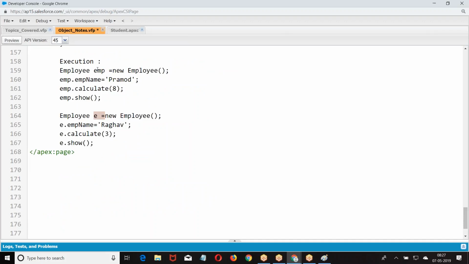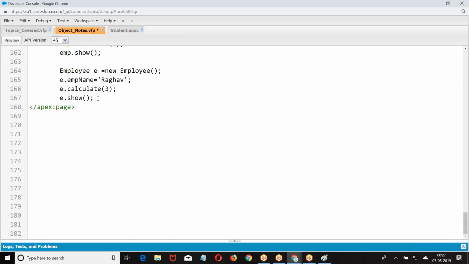Now I want to say, create EMP with the name Satish, create EMP2 with the name Ravi. So I am telling, at the time of creating the object itself, take the initial value of name as Satish. How is that possible? We want to assign our own initial values. We don't want to take common initial values for all the objects. Every object wants to have its own independent initial values.